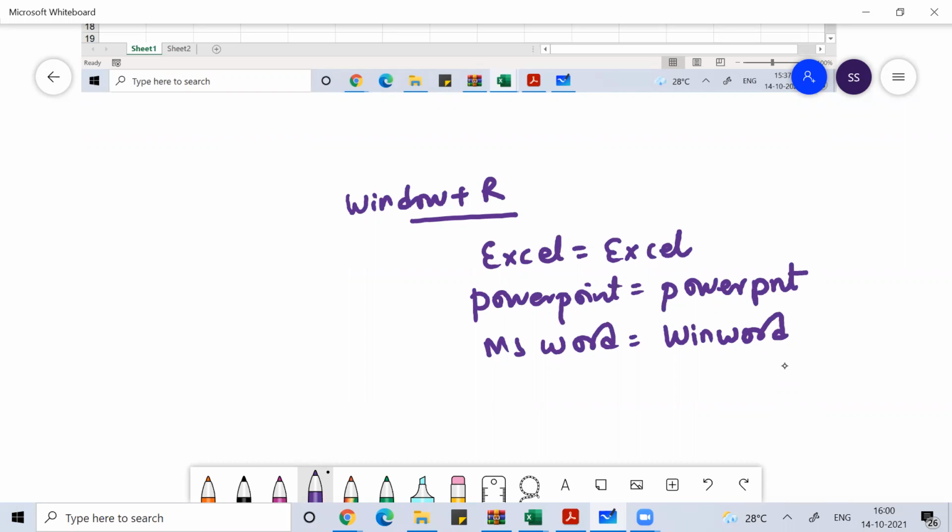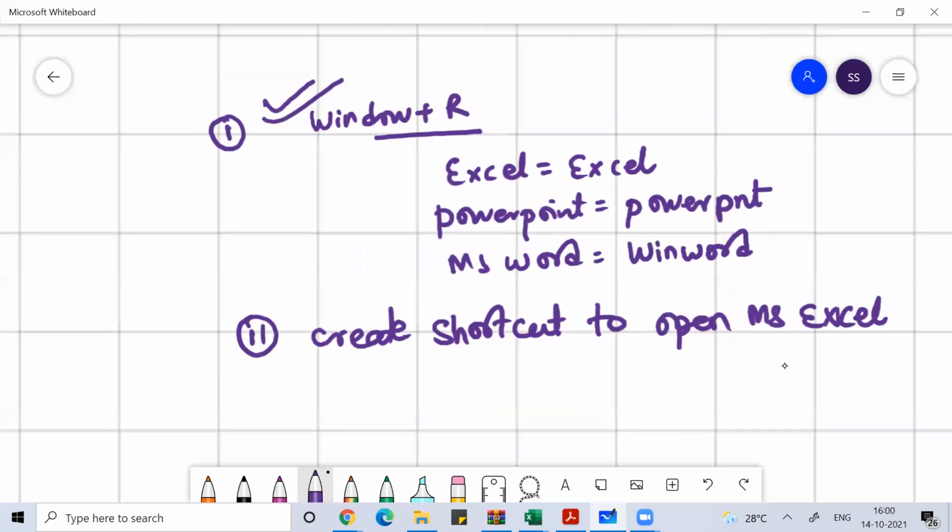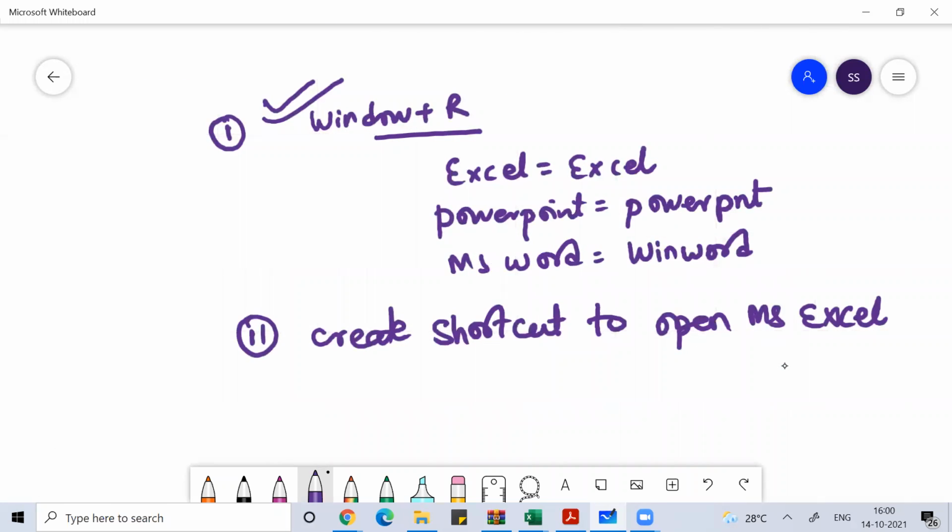So I told you many ways to open MS Excel. You can open MS Excel by using Window R, or you can create a shortcut to open MS Excel. How do we do that?